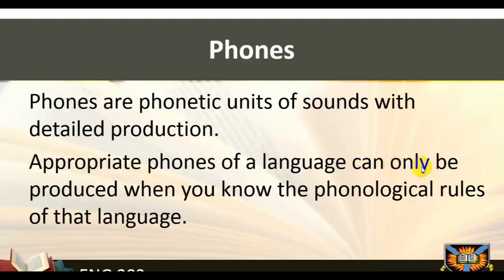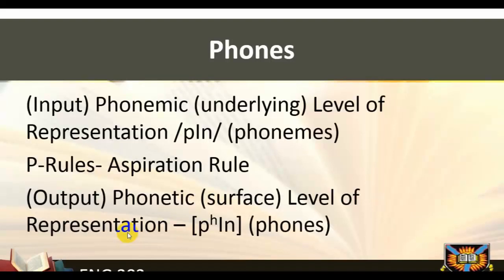Appropriate phones of a language can only be produced when you know the phonological rules of that language. After applying those phonological rules on the abstract phonemes, you will come up with appropriate phones. Let us look at the diagram in figure 3.1 together. Input: phonemic underlying level of representation, phonemes, P; rules: aspiration rule; output: phonetic surface level of representation,